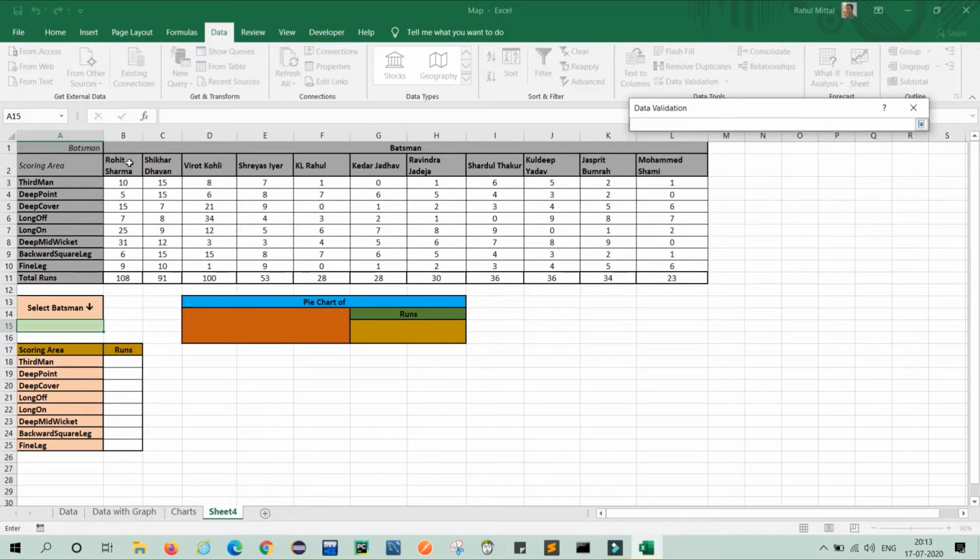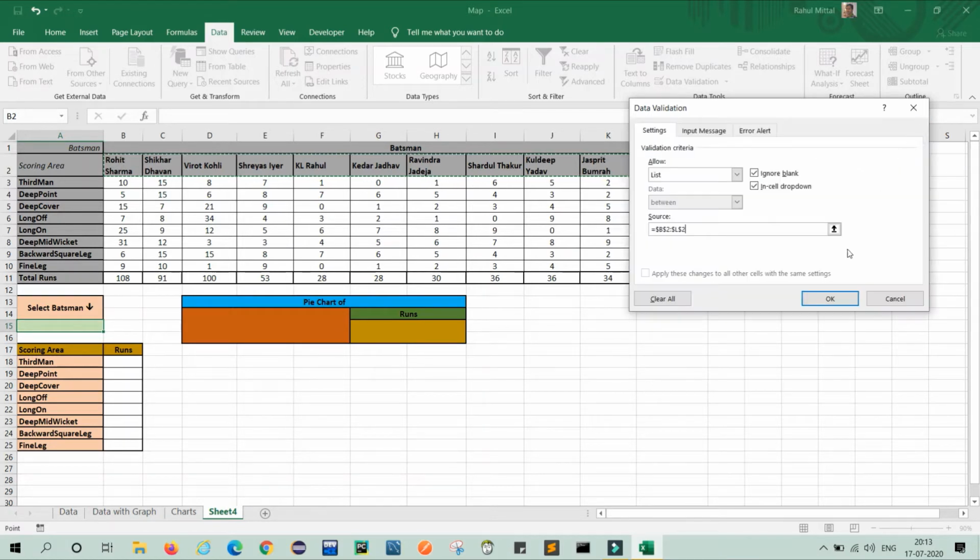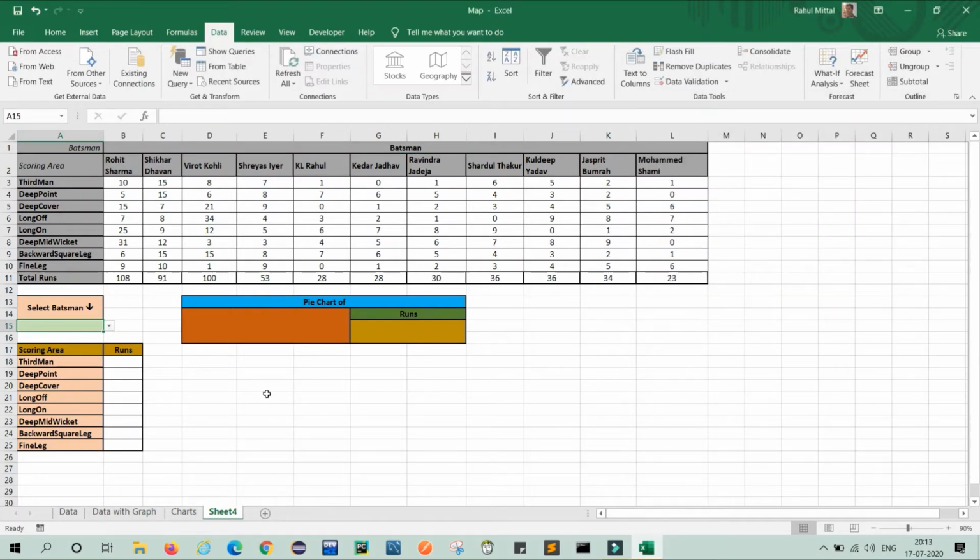Now select your player names from here, click on this icon again and click OK. Now you can see a drop down created with player names from Rohit Sharma, Shikhar Dhawan, Virat Kohli, Shreyas Iyer, KL Rahul, Kedar Jadhav till Mohammad Shami.